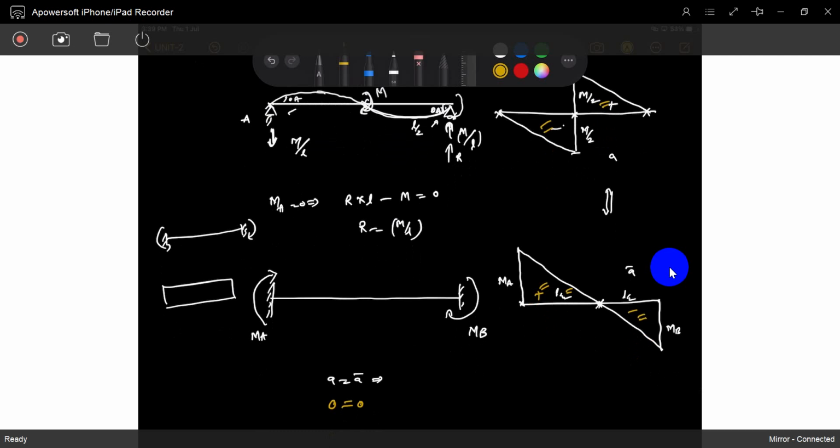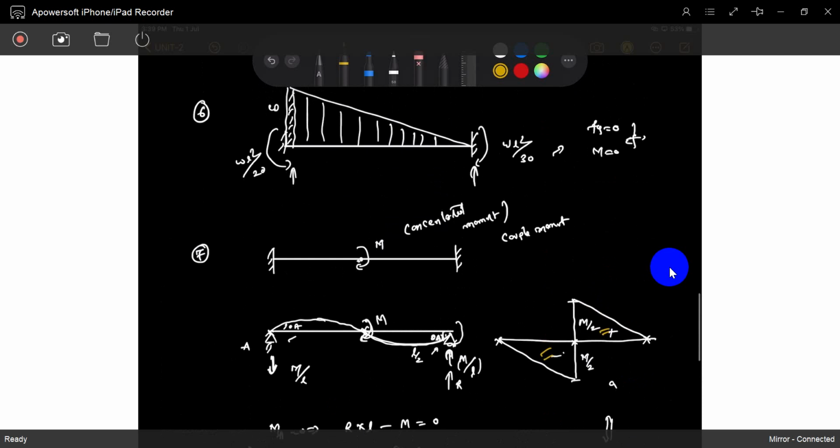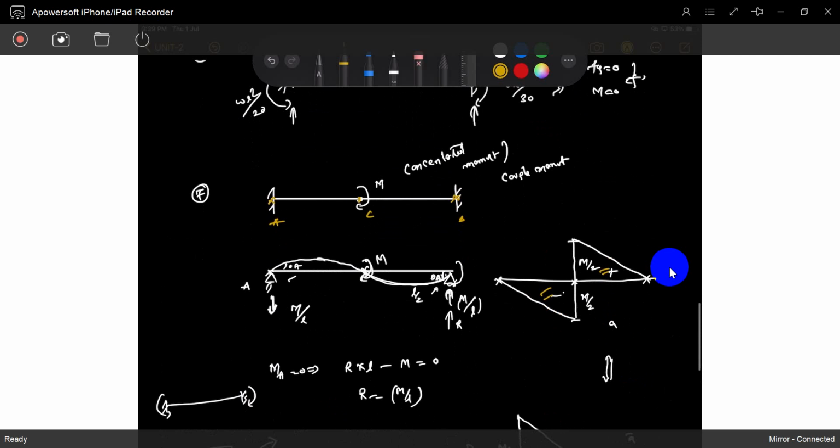So how will we get MA and MB? We will use moments. We will use deflection. I don't want to find the deflections of A and B, but I will take the deflection at C. This is C, as I called it. What is the deflection at C? The deflection at C is also 0. You already know, two days back I said the couple is acting with respect to C, so it is 0.